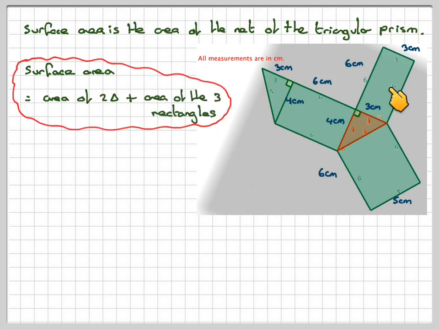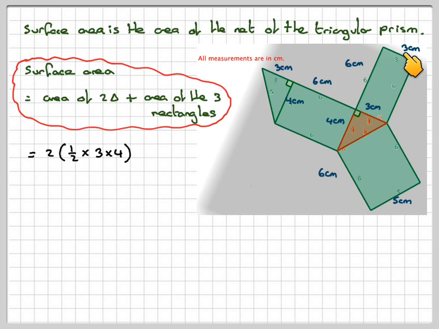Being able to draw or visualize the net will help you solve this sort of problem. So the area of the triangles is a half times 3 times 4, this is the base, this is the height, or it could be the other way around. We take half, but we need to multiply it by 2 because we have 2 triangles,